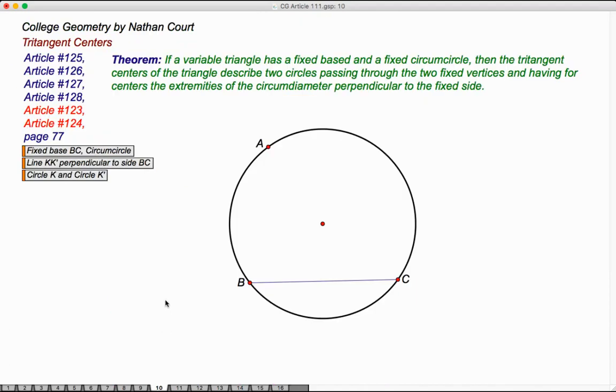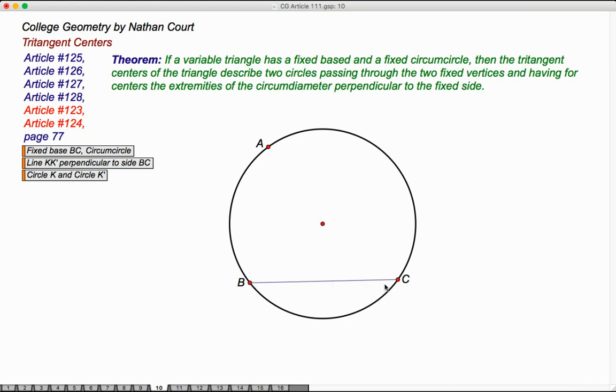So, Article 125 is a theorem that says that if a variable triangle has a fixed base, this is our fixed base, BC, and a fixed circumcircle, this is fixed, then the tritangent centers of the triangle describe two circles passing through two fixed vertices, having for centers the extremities of the circumdiameter perpendicular to the fixed base. Seems to be too wordy, but what it tries to say is the fact that we have